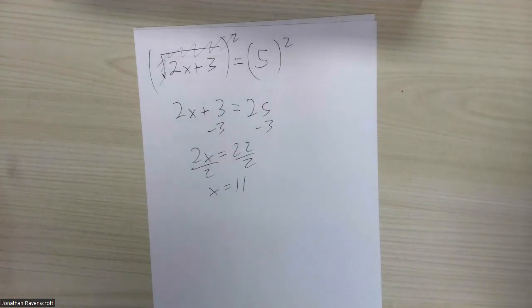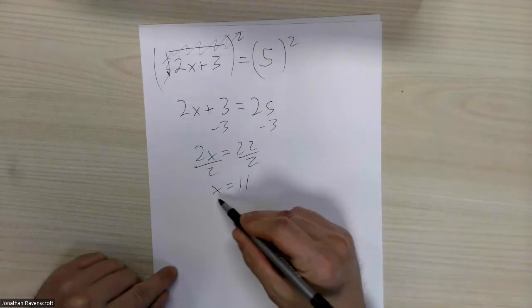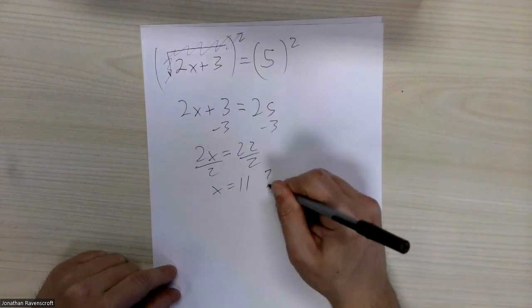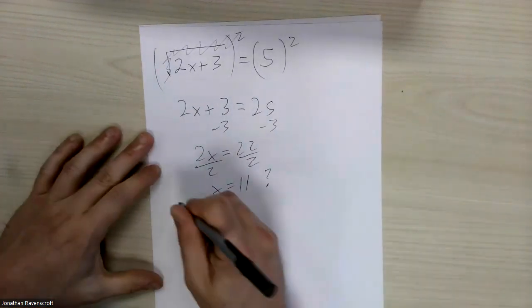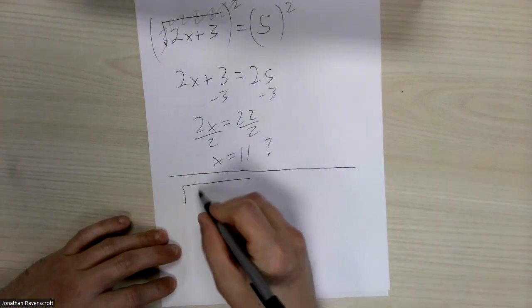Now I know what you're going to say, Professor, that looks a little too easy. What you have to be careful of with radical equations is that you have to make sure your solutions are valid. Does 11 work? Well, the short answer is maybe. We've got to figure that out. If we plug 11 back into the original equation,